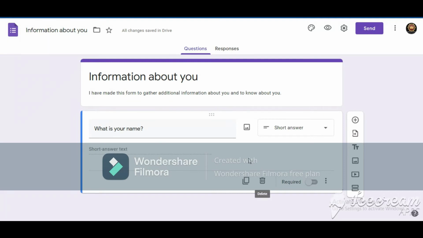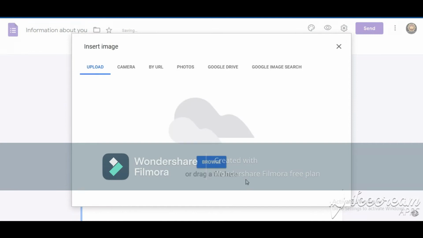Now we are going to make a duplicate of this question if you want to continue in the same format for the next question. How to do it? If you have a doubt, then don't worry. You can click over this option called duplicate. Then after you click on that option,